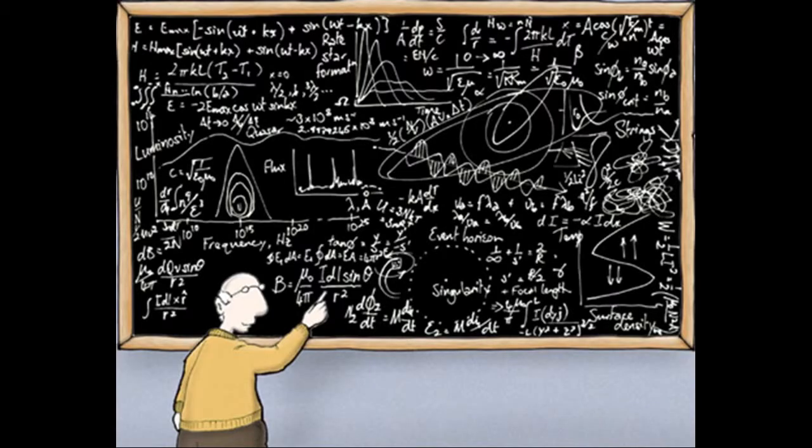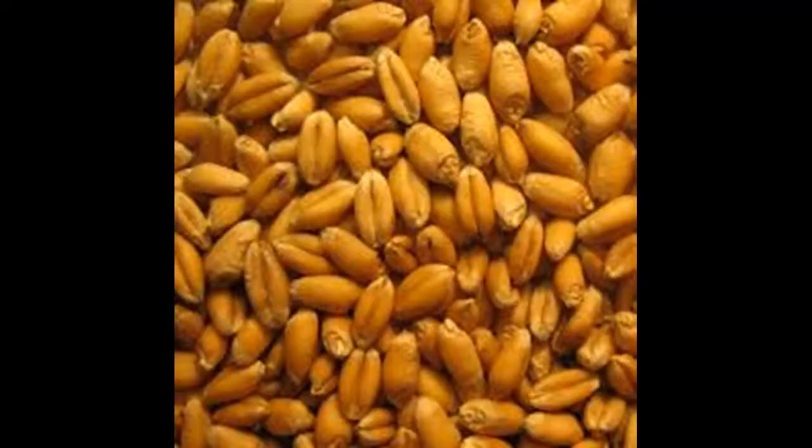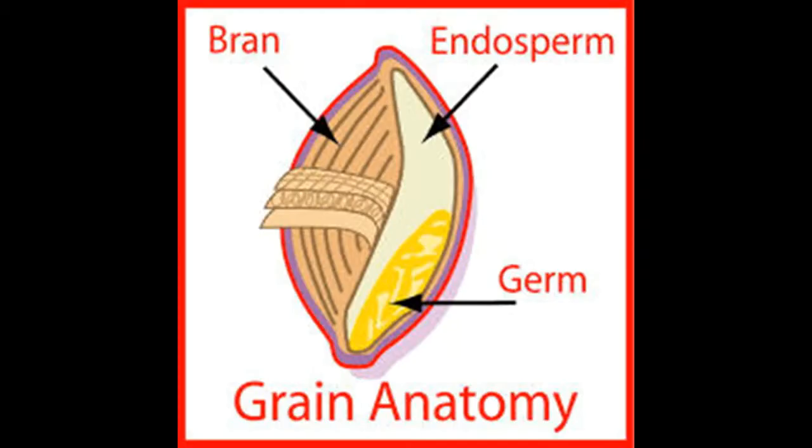Now this is going to get a bit complicated, but hang in there with me and you will understand it. This is wheat. It is a grass that produces seeds like this. And here is the inside of the seed. You can see there are three main parts: the bran, the germ, and the endosperm. To understand what these